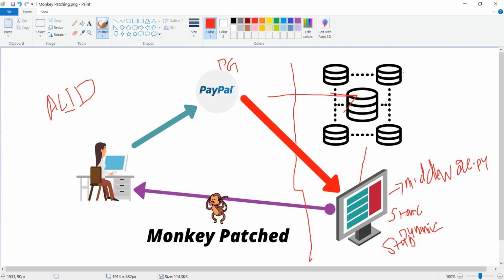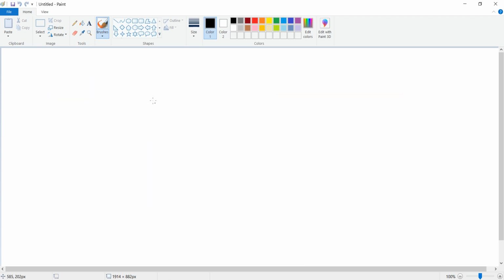Now, in the real world, monkey patching is harmful. You don't do monkey patching. There are n number of reasons why it is not recommended. The first scenario is, say there are two different modules or two different function calls happening. I'll draw another diagram.